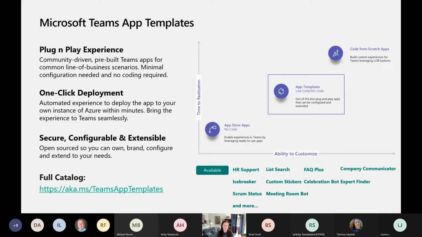deploy into your tenant. So the benefit of this is, if you're not a developer, you don't have to hire a developer to create the solutions for you. Or if you're a developer, you can start with this, and you don't have to start from scratch. So it gives you a plug and play experience that you can deploy. And when I first started evangelizing for app templates, there were probably about 3 or 4, and now there's a lot more. And what you can do is you can go to this link, and I'll put it in the